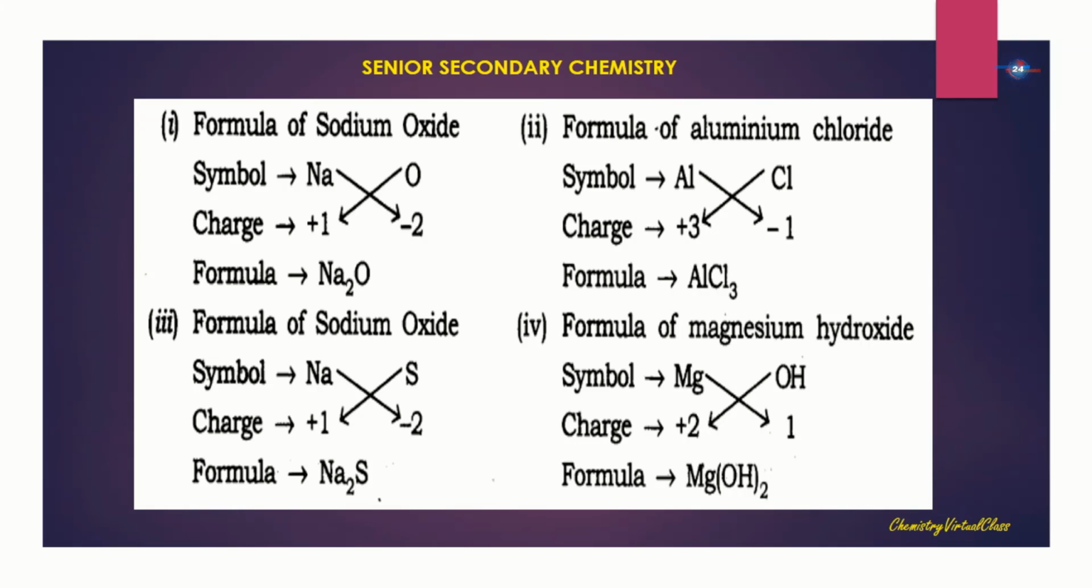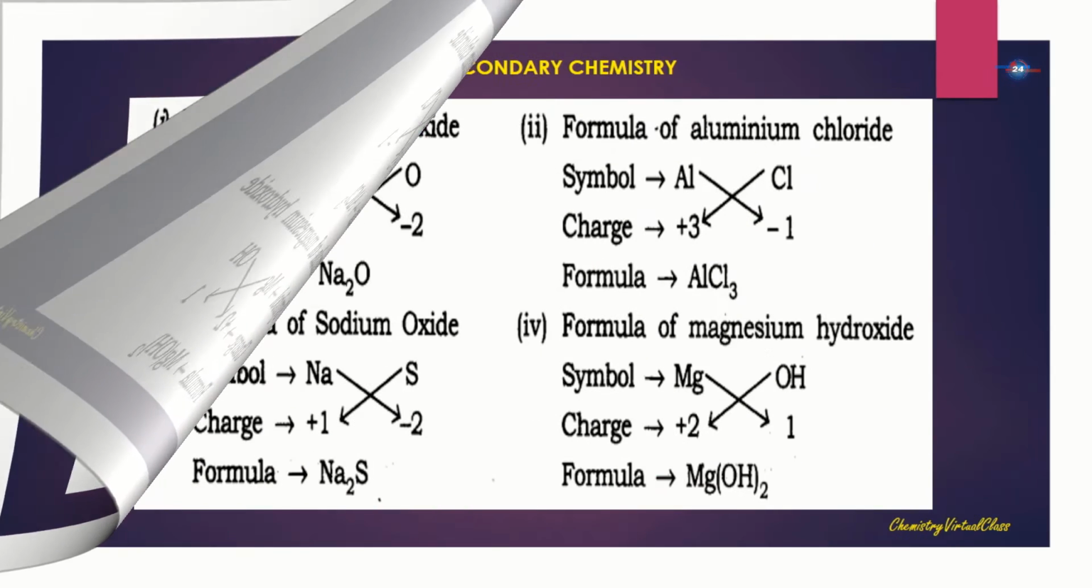So for sodium oxide, the valency of sodium is 1, and for oxide from oxygen, the valency of an oxide ion is -2. When you swap the valencies, you get sodium oxide as Na2O. Remember, that 2 comes from the oxide ion. Now let us write the chemical formula for